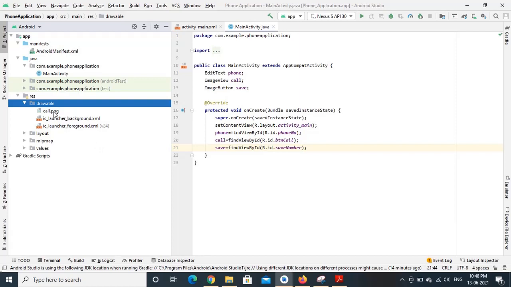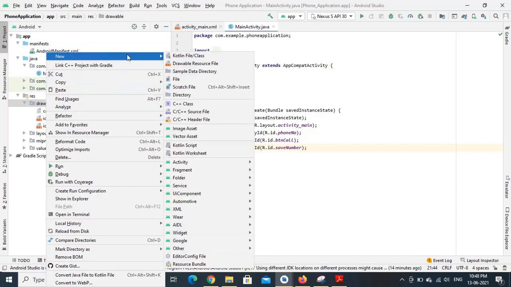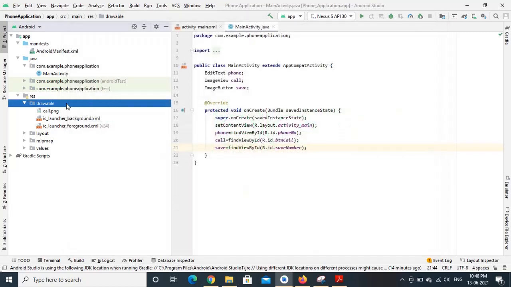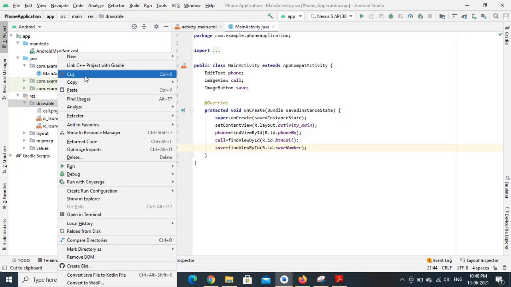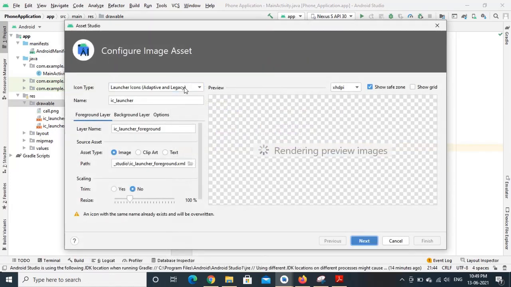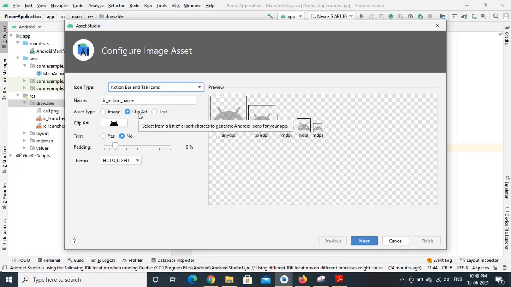And for button image I will be creating a image asset. That means I will be using a image asset. From the image asset of the Android Studio I will be taking the image. For that click on drawables, right click on the drawables, new, go to image asset, and here we have to select action bar and tab icons.